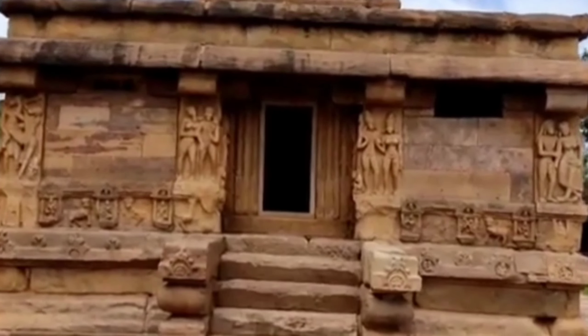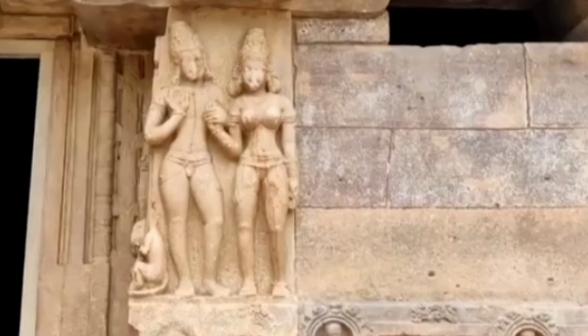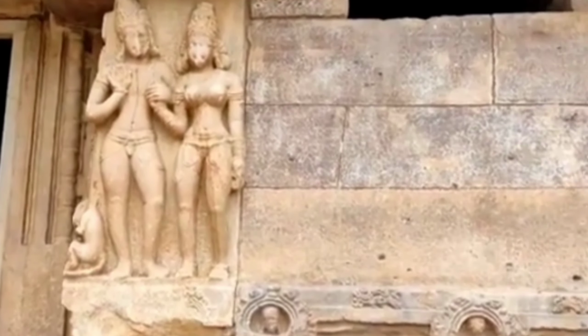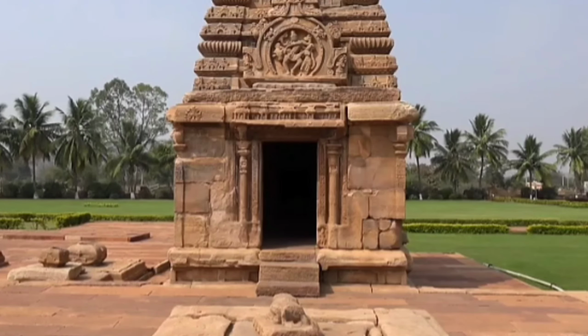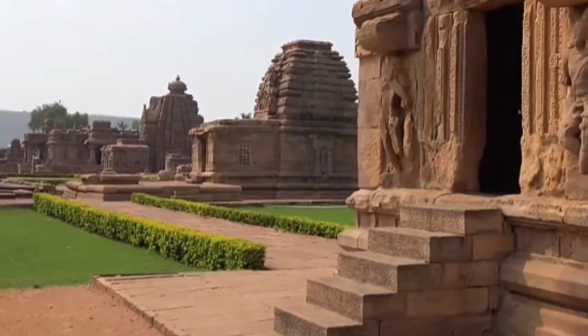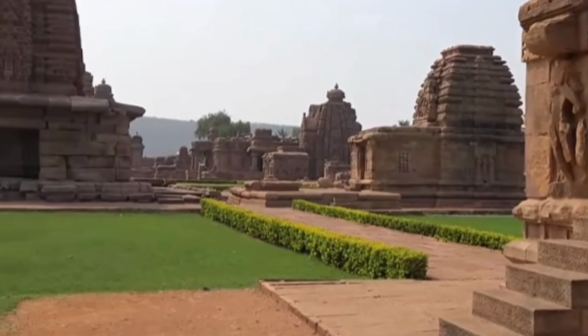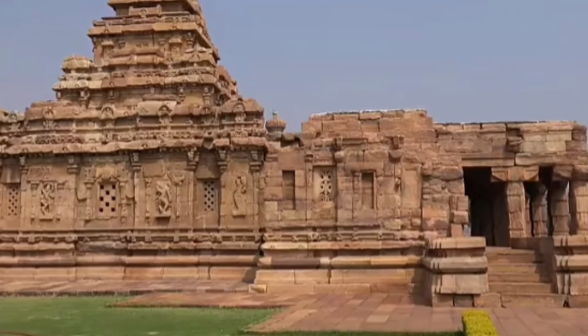Aihole's temples served as a testing ground before perfecting the Chalukyan style at Pattadakal. Pattadakal is situated on the banks of the Malaprabha river and was the royal ceremonial site where Chalukyan kings were coronated. It represents the culmination of temple architecture from both